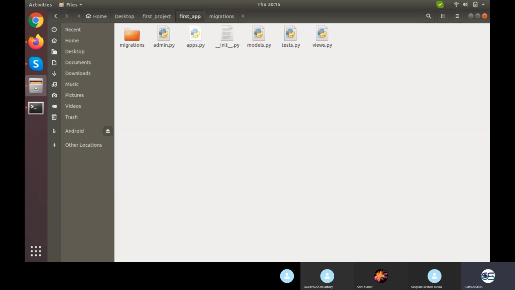Suppose I want 5 tables on my database, with every table having three columns. So what I need to do right here is create 5 classes, with every class having 3 objects with some particular data type. So that is what models.py will store.